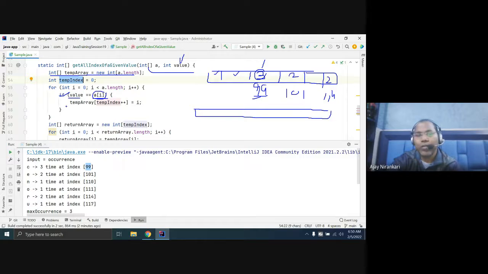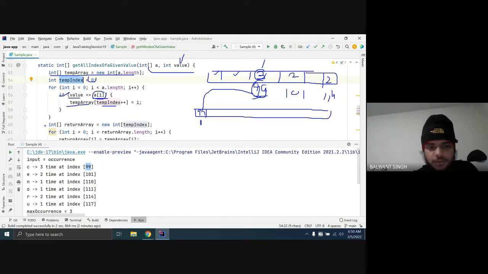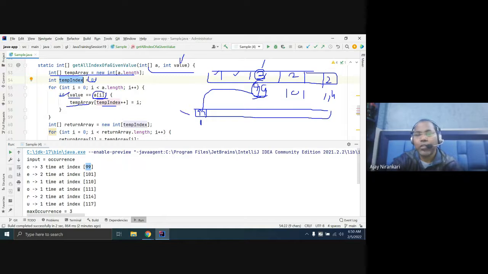Then in your temp array, at the 0 position, add this index 99. And there is no other 3 match. So just return. Now instead of returning this whole array, we create a new array with size only 1, pass this one, create a small array and return this array. Here we are just creating a small array, so we know this has only one length.